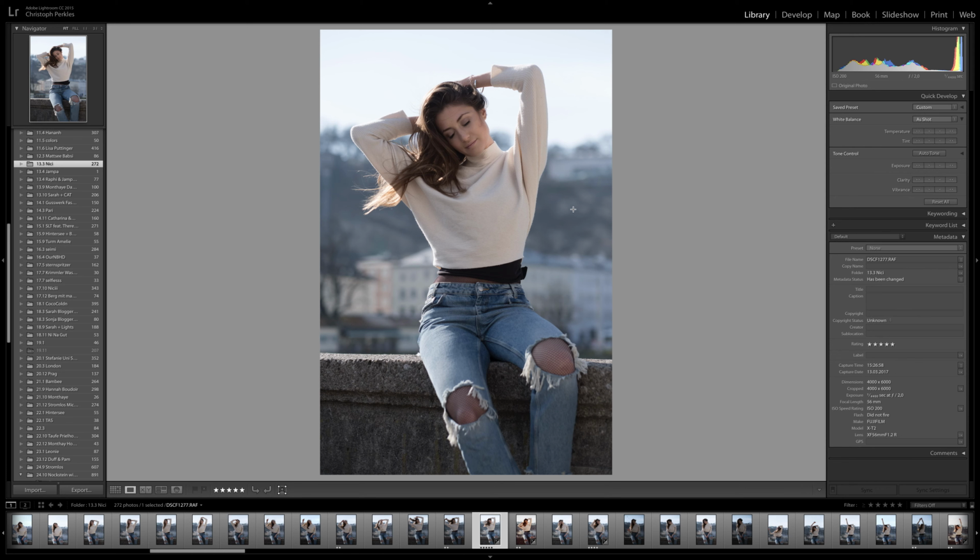So today I'm going to show you how I edit my lifestyle and portrait pictures in 5 easy steps. I'm working with Lightroom, the latest version from the Creative Cloud. So yeah, let's start. The first thing I do is I import all my photos into Lightroom, and then